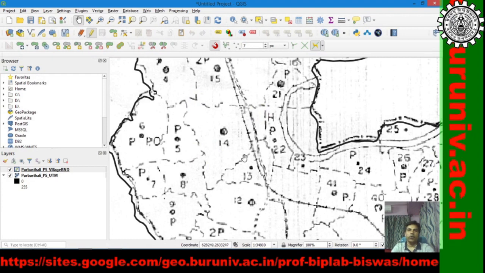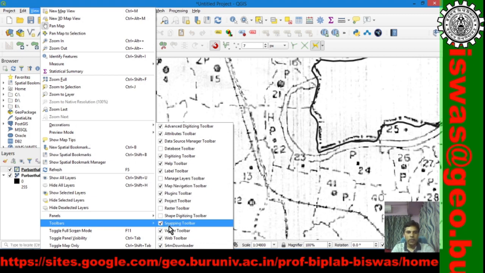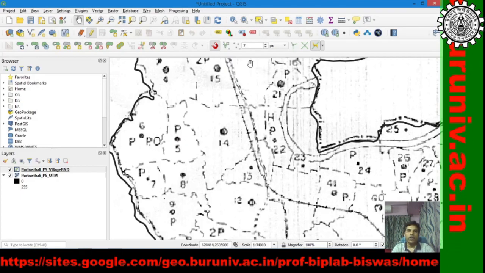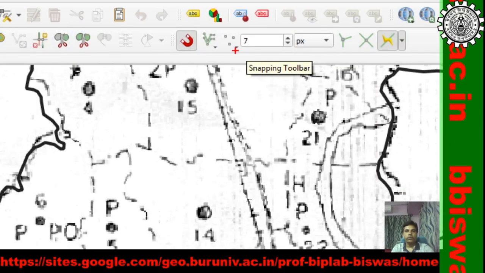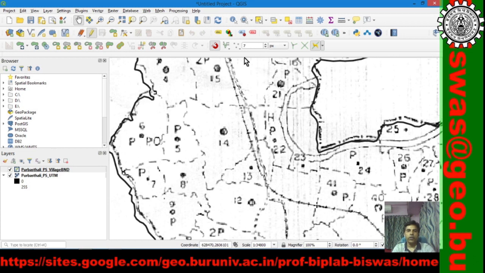To avoid this kind of error, we have an option called snapping. The snapping toolbar is available from the view toolbar, and this is the snapping toolbar. Try to check this box so that we have the snapping options available with us, and in that snapping we can change the value as per our requirement or accuracy.